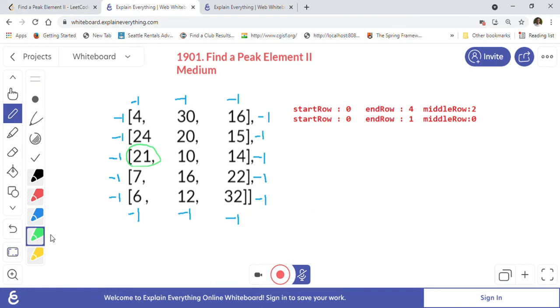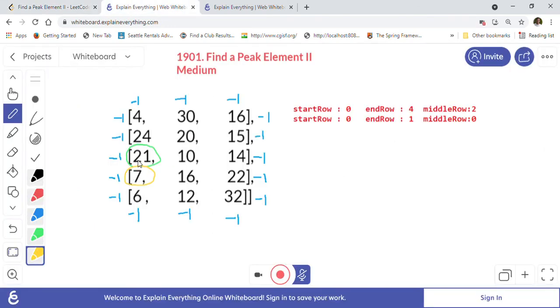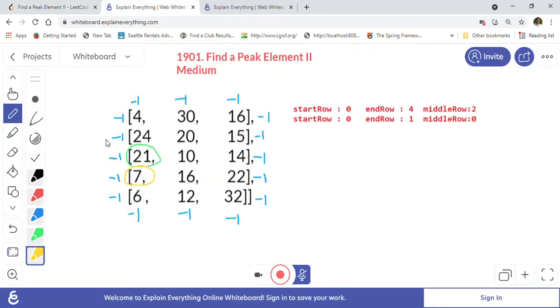When you compare the next row element, if that element is not bigger than 21, then we update end row to middle row minus 1. So end row goes here, and start row is here which is 0, and end row will go as 1. That's what you can see here.